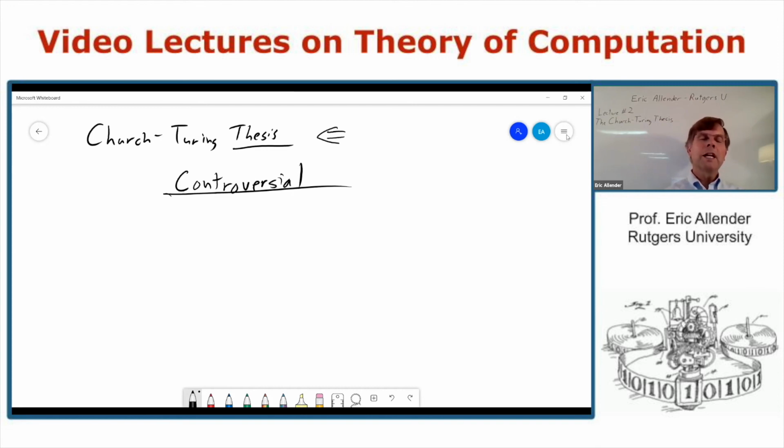Back when I was in grad school, which was less than half a century ago, it was also widely believed that things that you can do with ordinary computers also captured what you could do in a feasible amount of time. Now, with the advent of things like quantum computing, this is even more controversial,